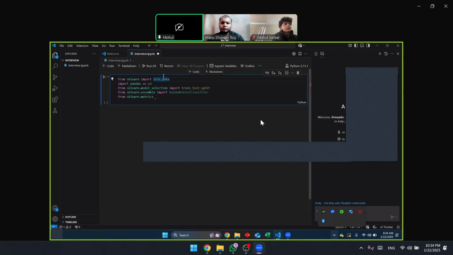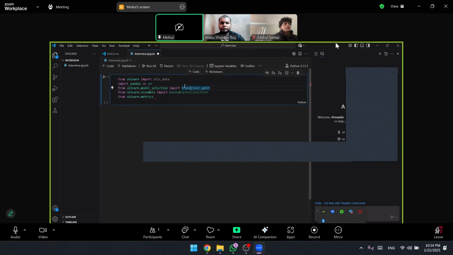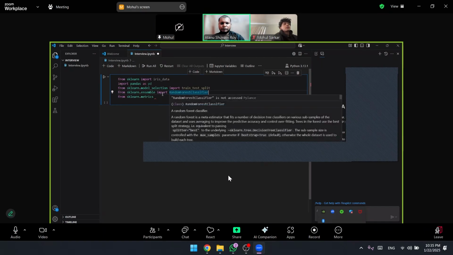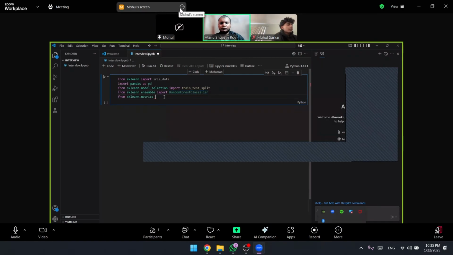So sklearn, the iris data is just the public dataset for the petal length, sepal length, and those things. And then pandas is for the CSV, right? Or for the data frame. And train test split is for the model itself, how I'm going to split up the data into two different sets, training sets and testing sets. And then sklearn ensemble is for the model itself, what I'm going to be using to actually create the predictions. And then now I'm going to add